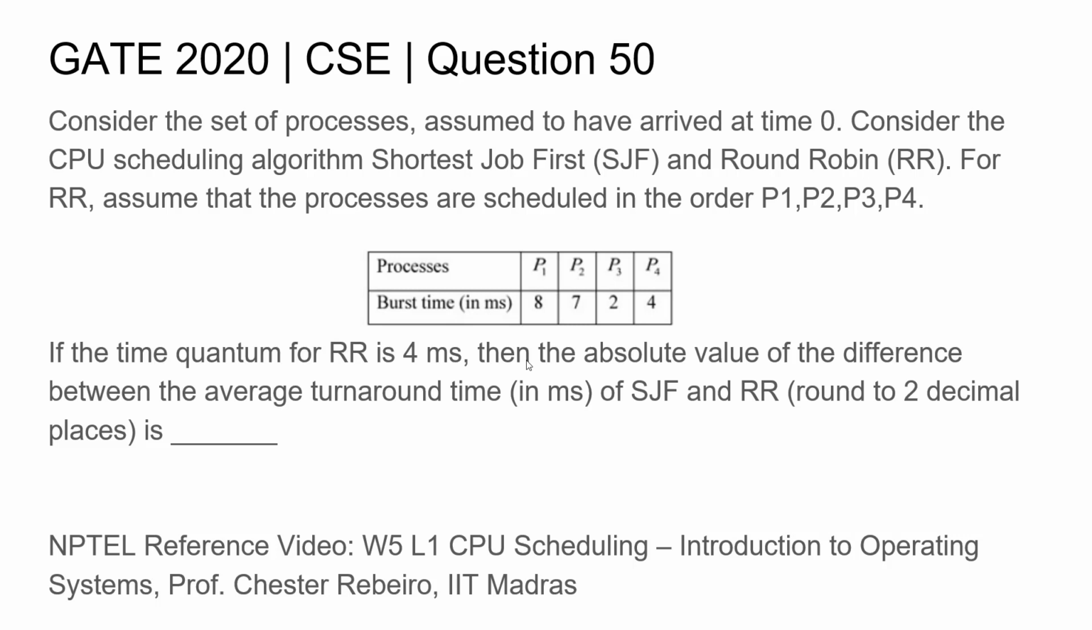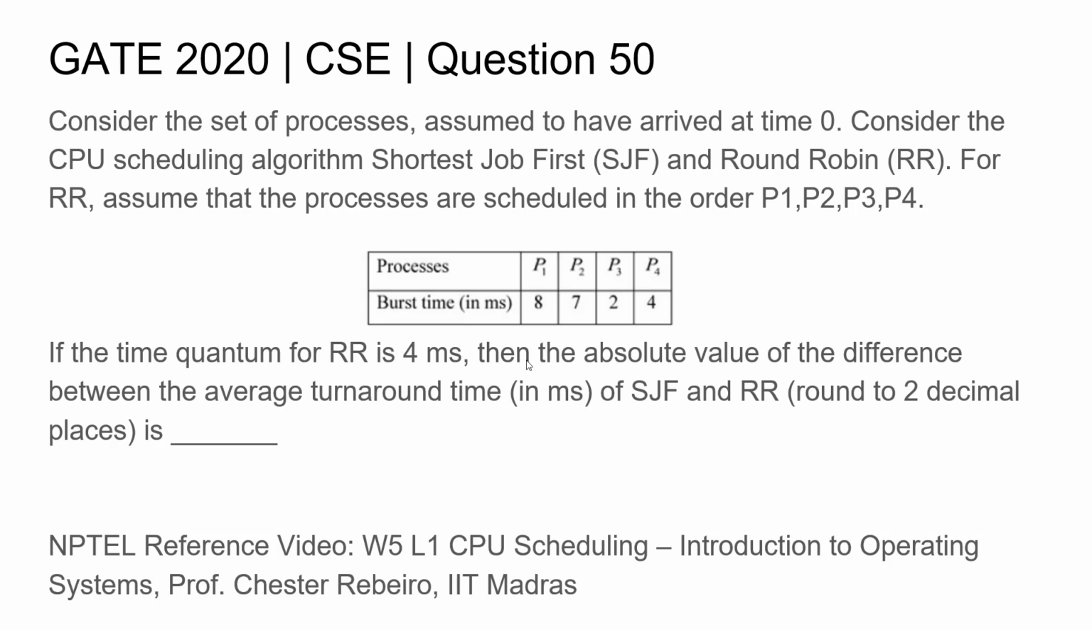Hello all. Today we look at one of the questions given in GATE 2020. The question is, consider a set of processes assumed to have arrived at time zero. Consider the CPU scheduling algorithm, shortest job first, and round robin. For round robin, we assume that the processes are scheduled in the order P1 followed by P2 followed by P3 and then P4. If the time quantum for round robin is 4 milliseconds, then the absolute value of the difference